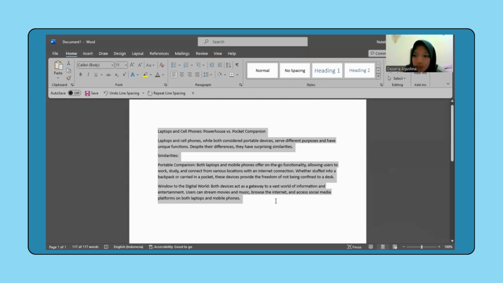Extra space between each paragraph. That's because Word adds paragraph spacing by default. If you want to, you can remove it or change the amount of space. Make sure the text is selected and then click the Line and Paragraph Spacing command.